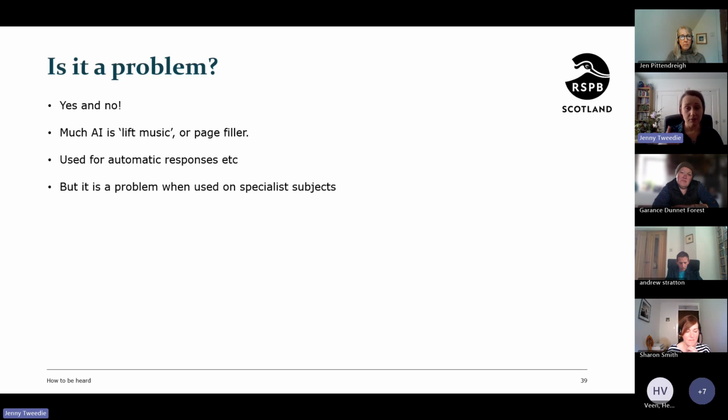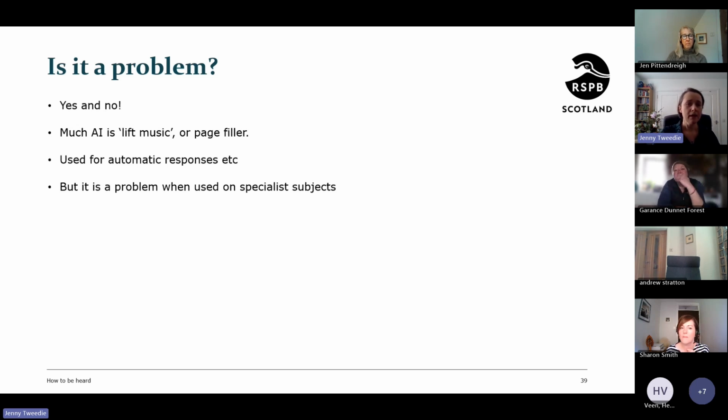So much of the stuff that's being written by AI is what I call lift music. It's page filler. It's nothing. It's candy floss. It looks pretty. It's just a blog. It's like those recipes. I don't know if you've ever searched for a recipe and you just want a recipe for a cake, and you get a screed of stuff about lemons. Oh, lemons are yellow fruit that grow here and they're very nice and they've got lots of important oils in them. That's the kind of stuff that's being written by AI, and it's pointless. It's just, as I say, page filler.